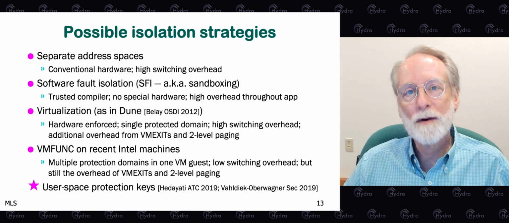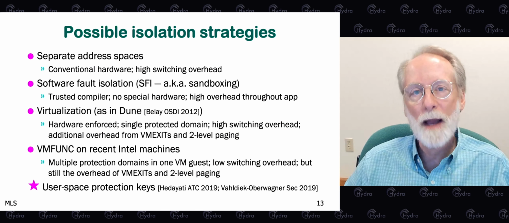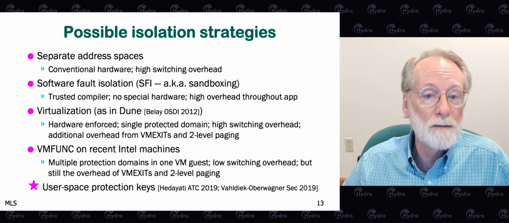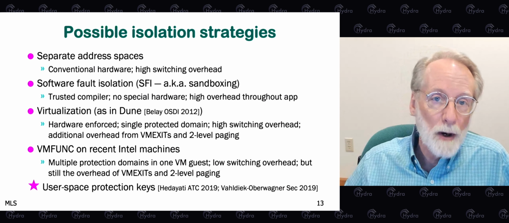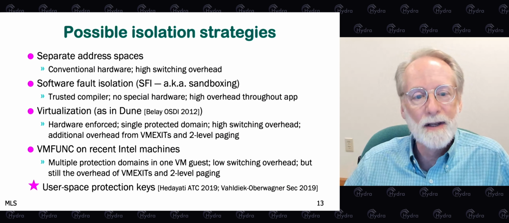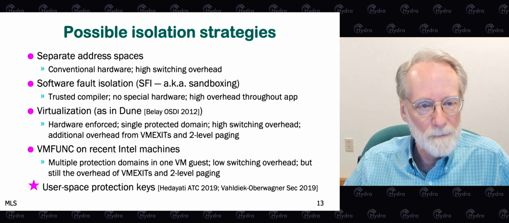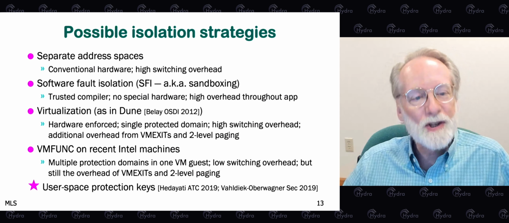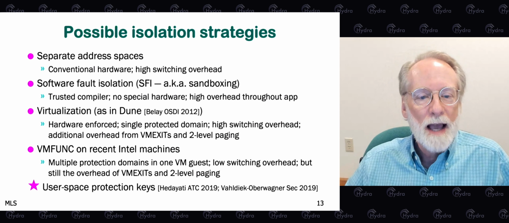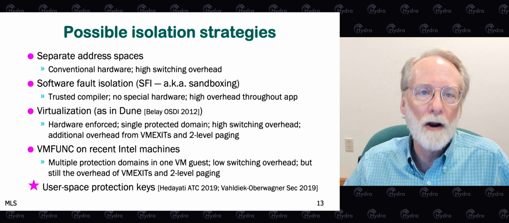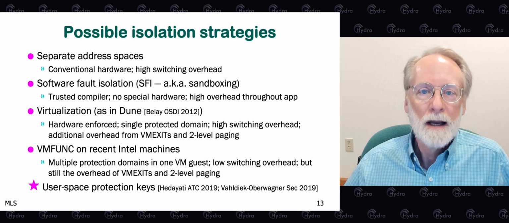Moreover, the hardware virtualization implements two-level paging, double the cost on a page fault because you have to traverse more page tables, and that imposes a cost on the ordinary execution of the application, even when it's not accessing the protected resources. Yet another option on recent Intel machines is an enhancement to virtualization called VM-Func, which allows a system